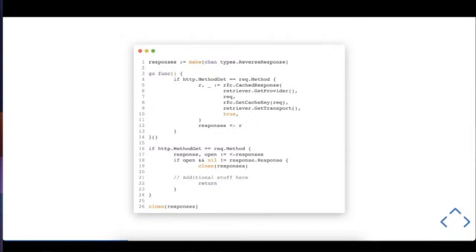So I don't know why. If someone has an answer to that, sometimes it's better to close the channel manually, like at line 19 and at line 26. But sometimes it's better to let Go close the channels by itself. So I don't know why. I can't explain that. So if someone has an answer, it would be cool to share with us.